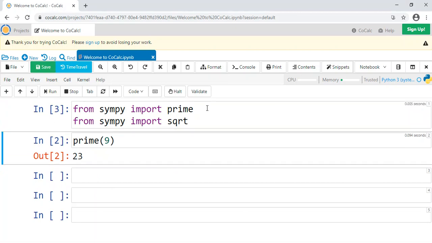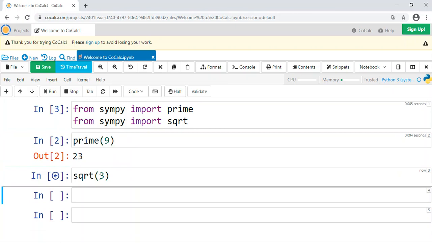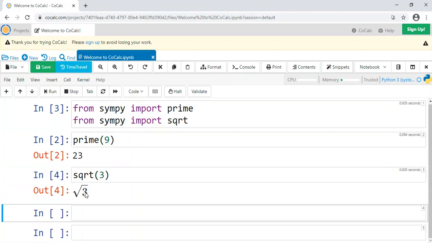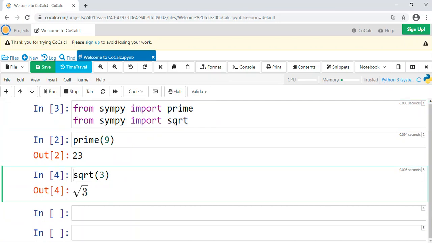Okay, and then if we run that, we can do prime, we can do sqrt(3) or what have you. And there it is, radical 3, because we've imported square root, sqrt, directly from sympy, so we don't need sympy dot or anything like that.